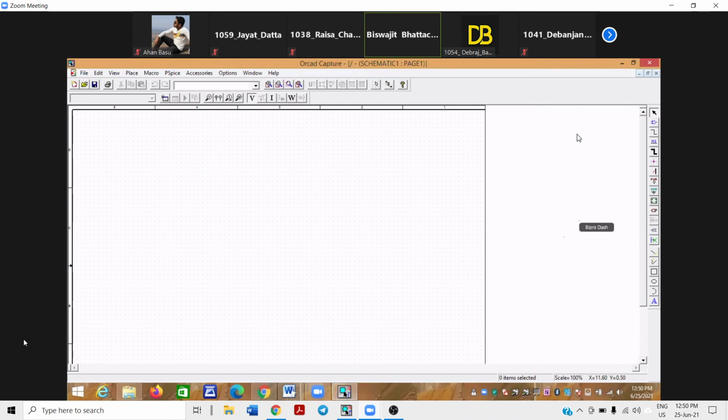Note that all our circuit components in PSpice are organized.